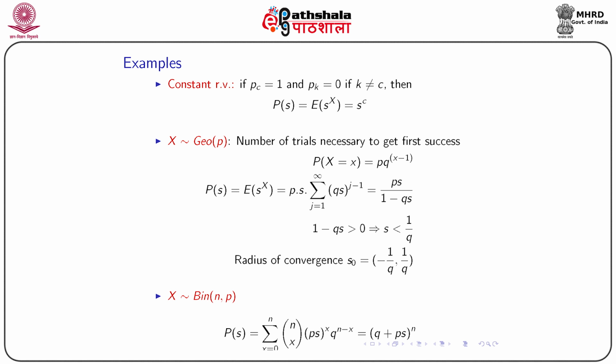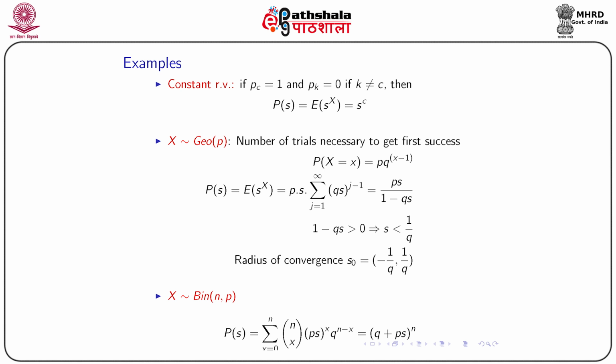Now if you consider X to be a random variable which follows a geometric distribution with probability p, we can think about a situation where we need the number of trials necessary to get the first success, and we know that this can be modeled using a geometric distribution. Now for this, the probability mass function, the probability that X equals x, is p q to the power x minus 1. So we need x trials to get the first success. That means x minus 1 trials resulting in failures. So that's why q to the power x minus 1, and then we'll have a success p.